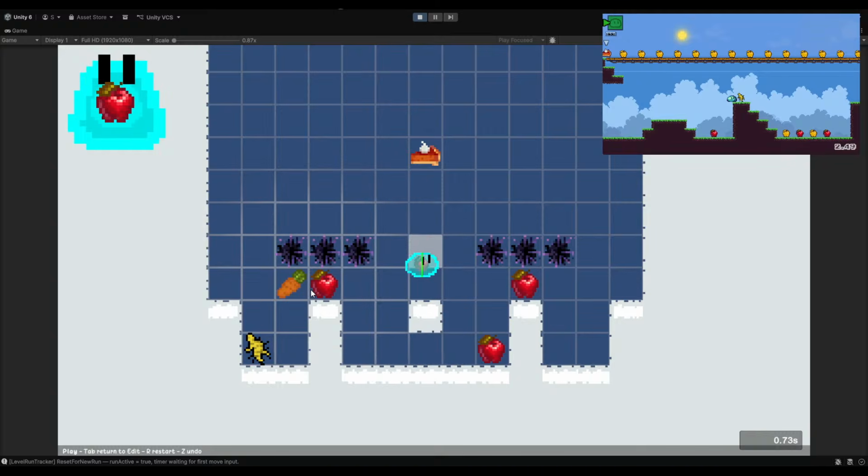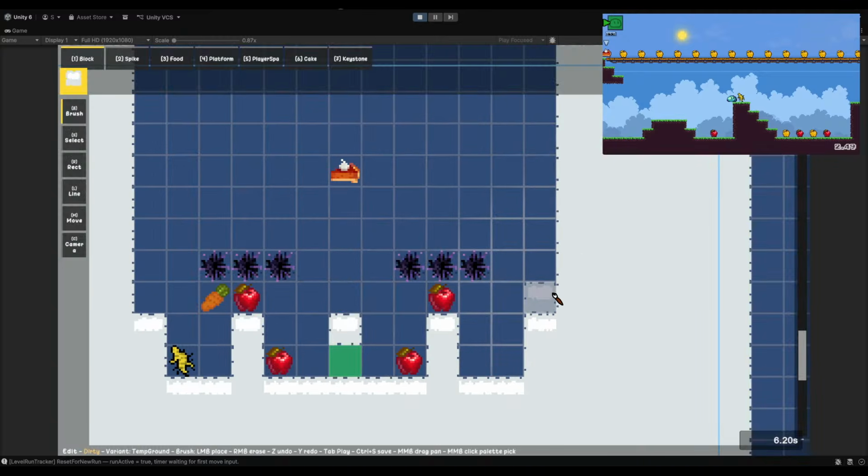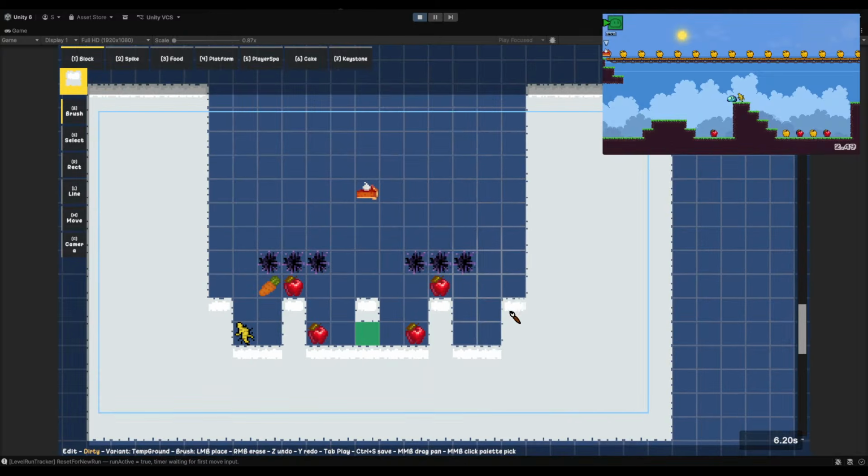Now that feels like the player could just jump around it. Okay, no, they definitely can't jump around it. So now we can do something like needing the player to double jump here and then dash across. Maybe.